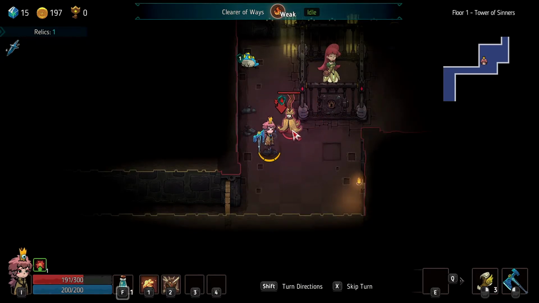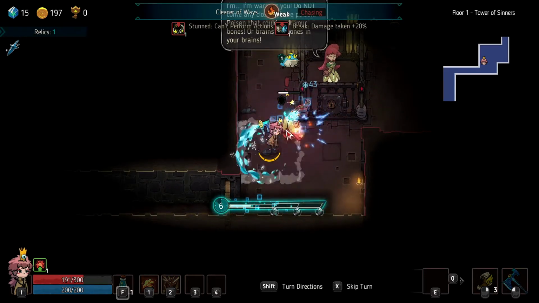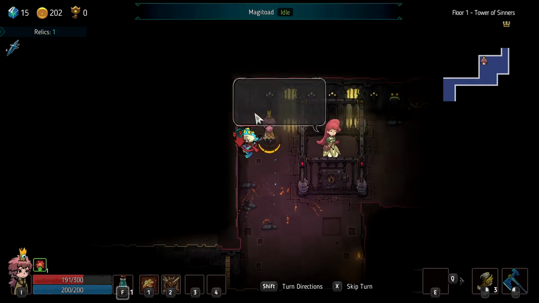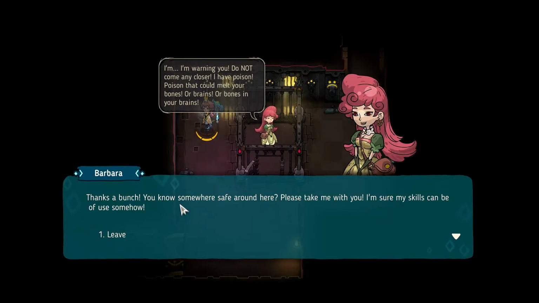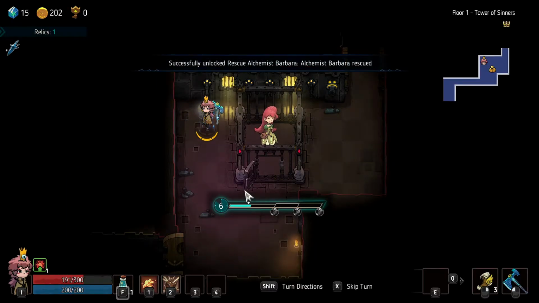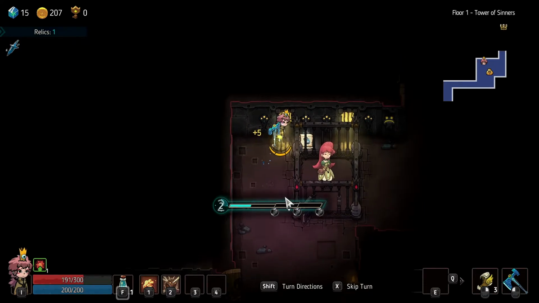They are weak against fire. And we have ice, so... I'm warning you. Stop. Keep the bubble there. Do not come any closer. I have poison. Thanks a bunch. You know somewhere safe around there? Please take me with you. I'm sure my skills can be used, so... Sure. You just leave that...